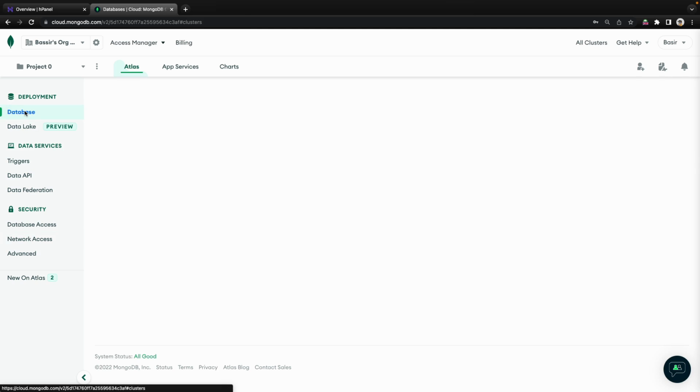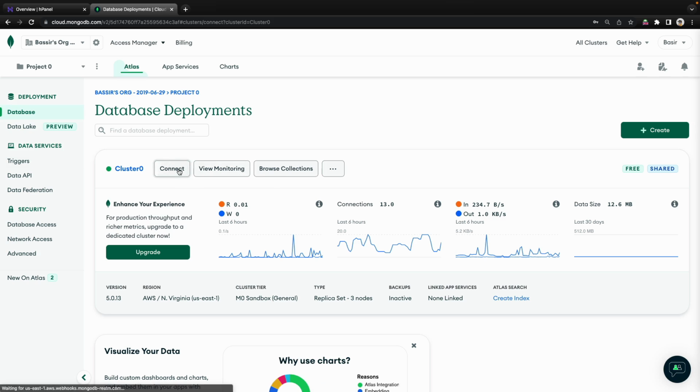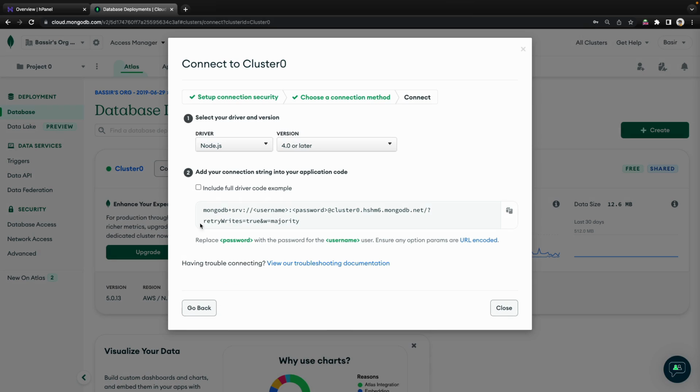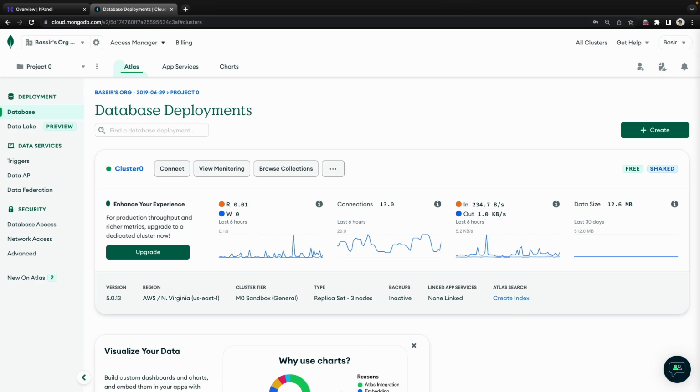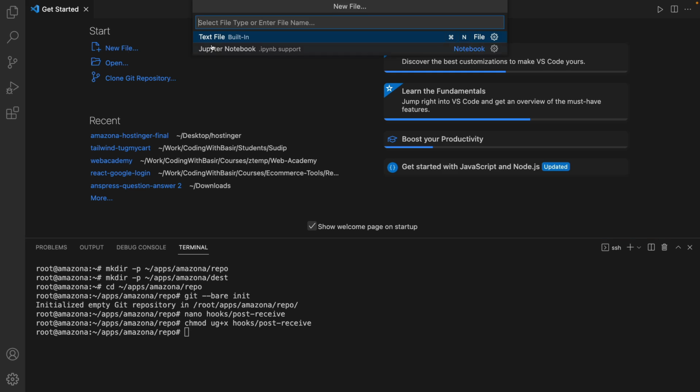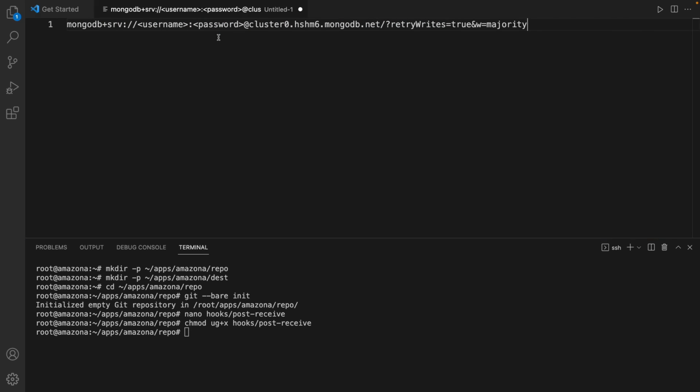Let's go for getting the connection string. Click on the database, select connect, select connect your application, and copy this connection string. Based on the comment here, we need to replace password with the password and username with the username. Let's do that. Close. In the VS Code, I just click on new file, a text file, and paste the